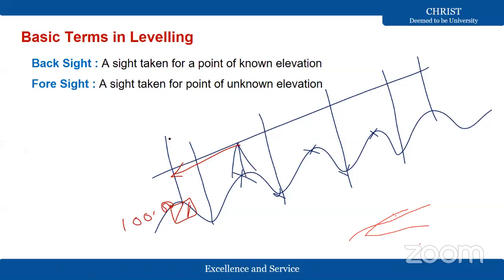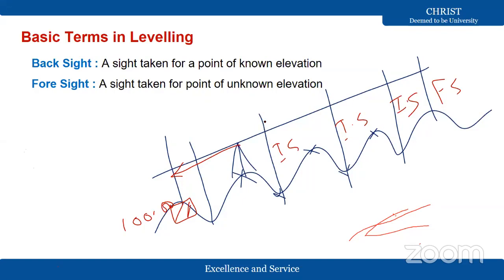Same point, wherever I know the elevation, I am going to put my staff on the benchmark. Then that is called a backsight. All other points are foresight entered there. For this setup, this is the foresight. All other stations are intermediate sights, so that I am going to have a proper profile of the ground. Intermediate is a sight taken in between your backsight and foresight. These are called intermediate sights.